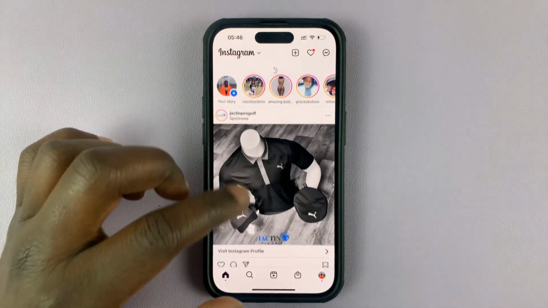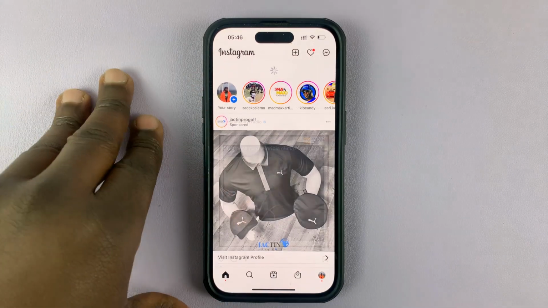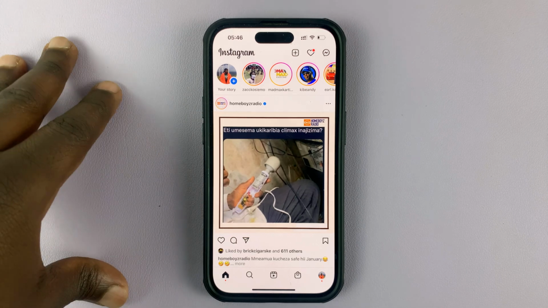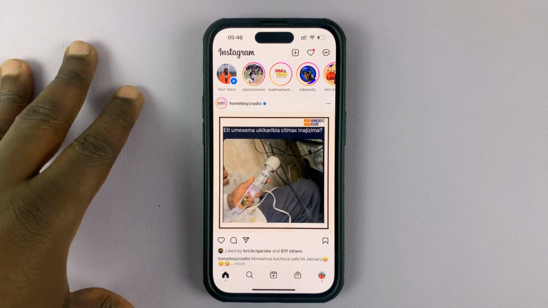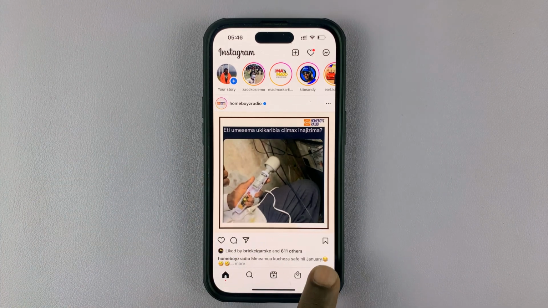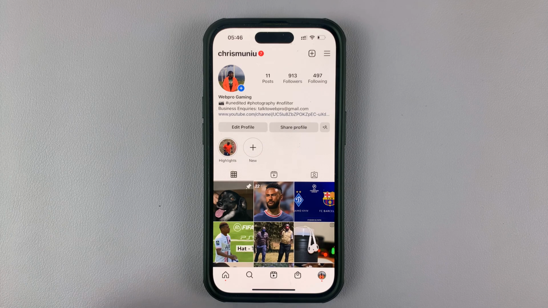So today I'll be showing you how to make your Instagram account private. So basically turning it from a public Instagram account to a private one. So simply launch Instagram and then tap on your profile icon in the bottom right corner, and then tap on